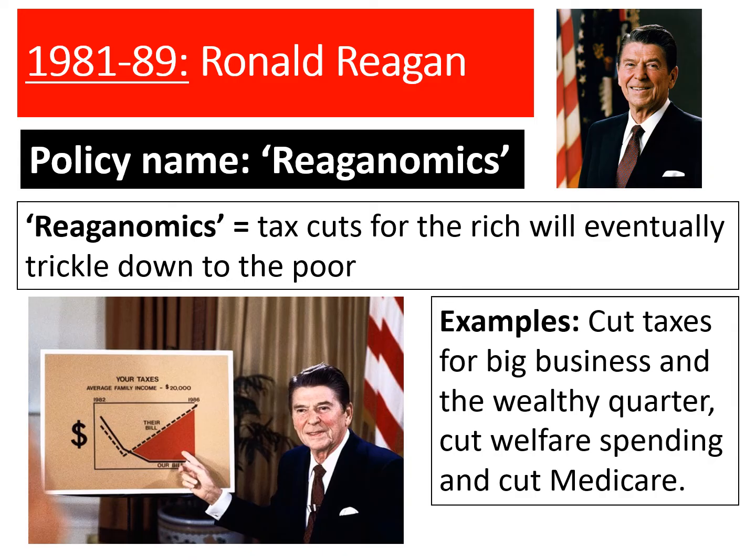It's also worth noting that other policies under Reagan, not to do with Reaganomics, is his war on drugs. So he created an Office of National Drug Control in 1988 to try and deal with the drug problem in America in the 80s. He was criticised for not doing much to deal with the emergence of the AIDS epidemic that is brought to light in the 1980s. He's criticised for not doing enough to deal with that, although he does later put money into funding research on how it's caused and how they would cure it.